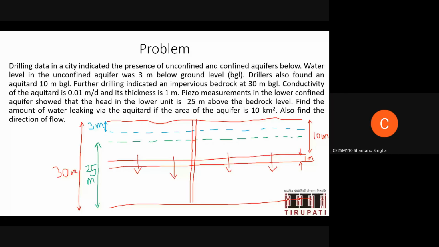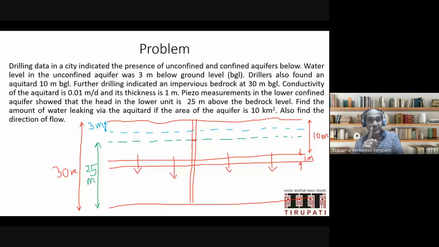Q equal to KIA, I thought. Correct. I is head loss by length, and the area of the cross section is given. Correct. And K is the permeability. Okay, one second, you have to be careful. You said area of the cross section. It's not the area of the cross section. It is the plan area of the aquifer. Right? Because the flow is happening